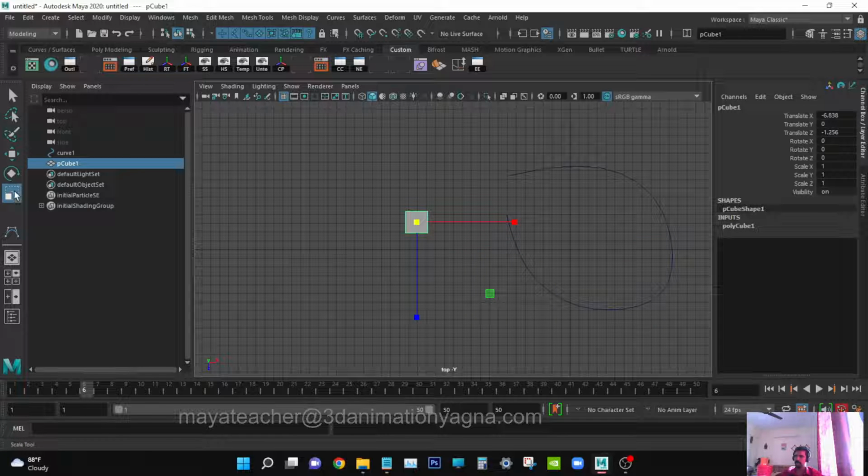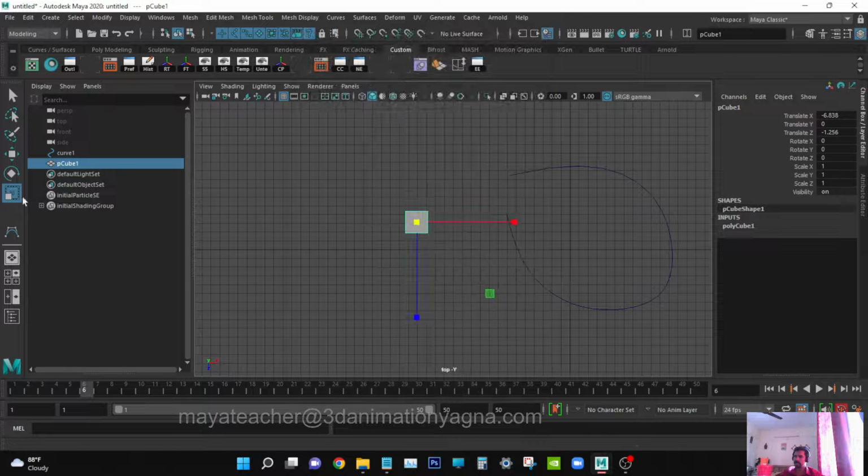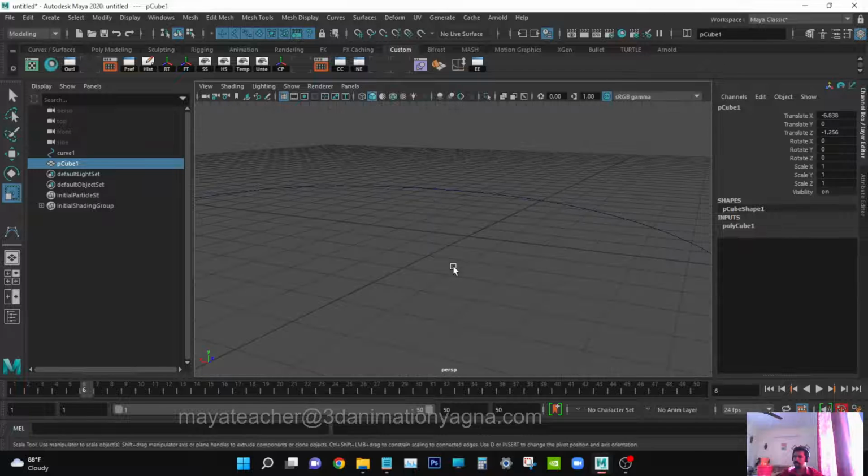There is something called scale. Sorry, I apologize, I didn't tell you this tool. This scale icon, this is translation, rotation and scaling. You can see the scale icon is similar to the translation icon, but both are different. Okay, so if you press the scale icon you will see this icon, go to perspective viewport